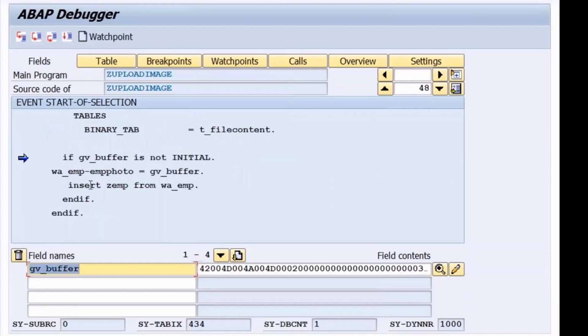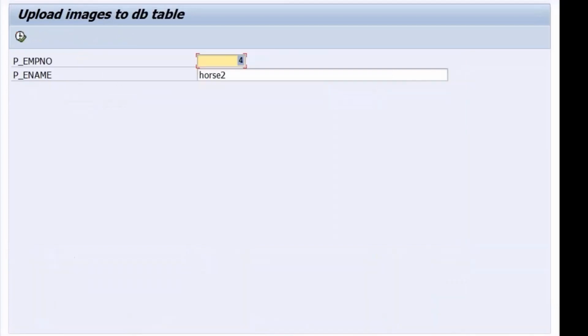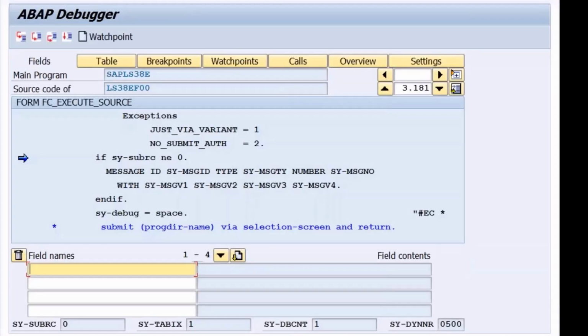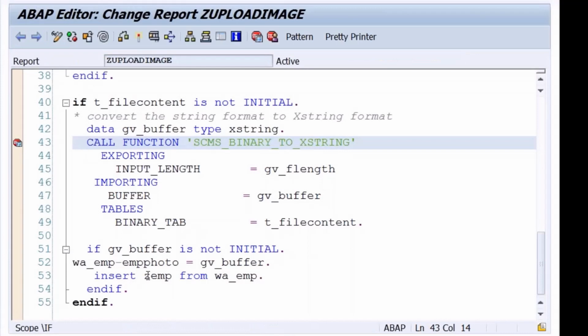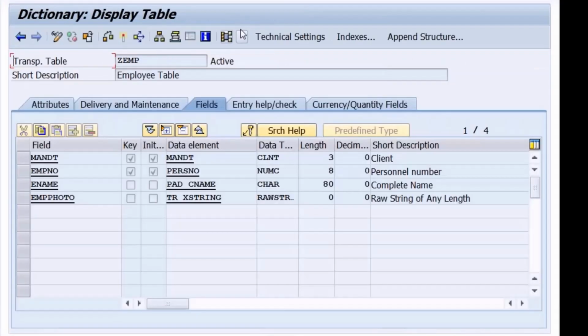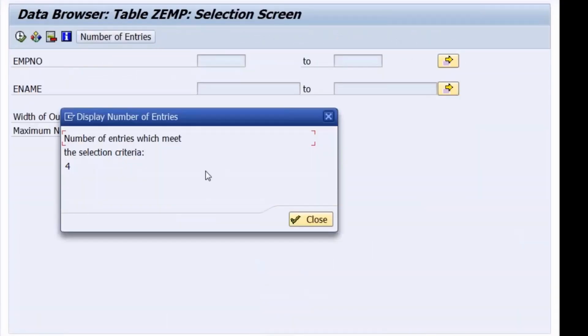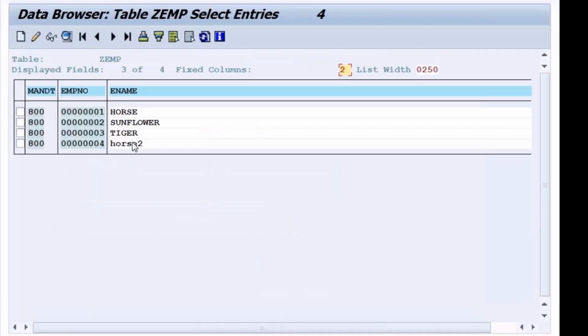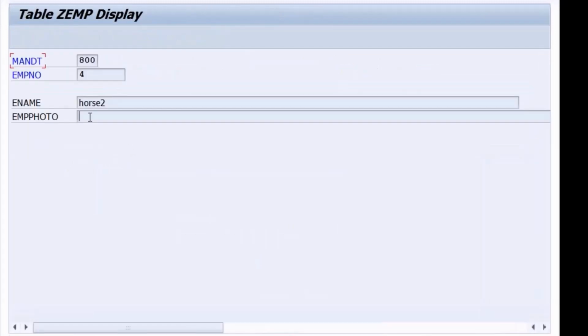Yeah, I got the content. Yes, I got the content. I am inserting into the table now. It got inserted, 4 and R2, na? It got inserted. Why is it showing blank here?